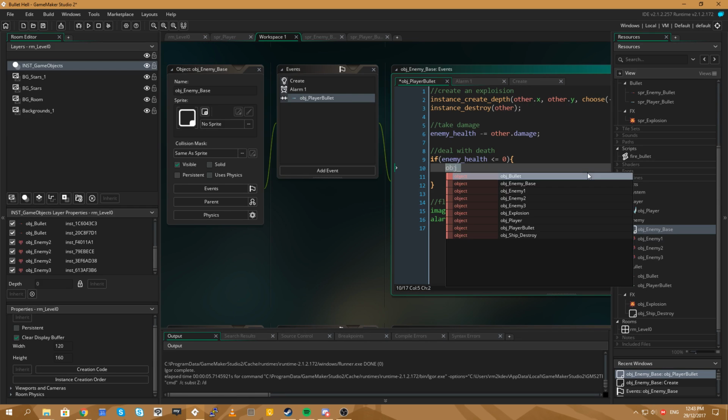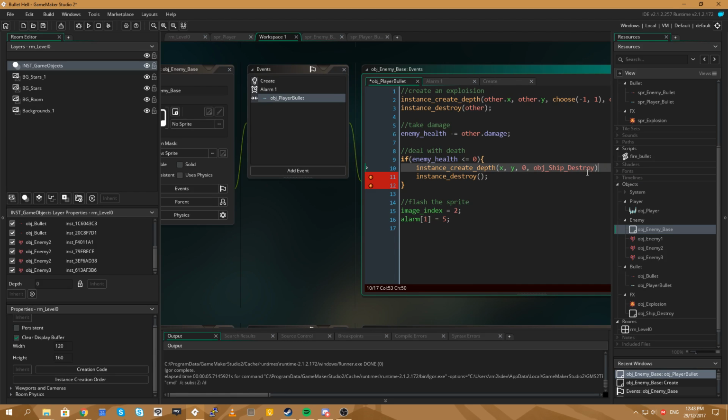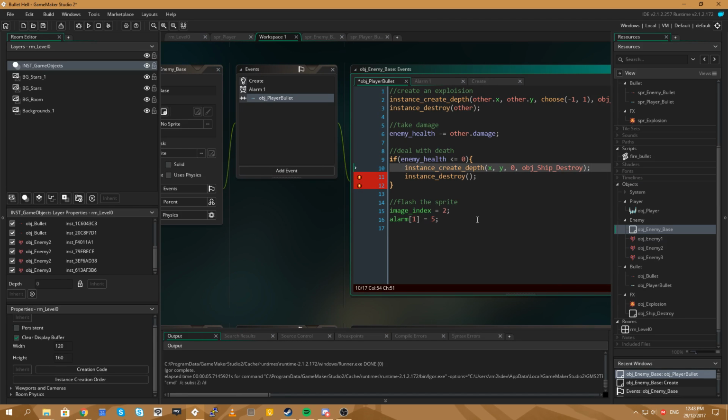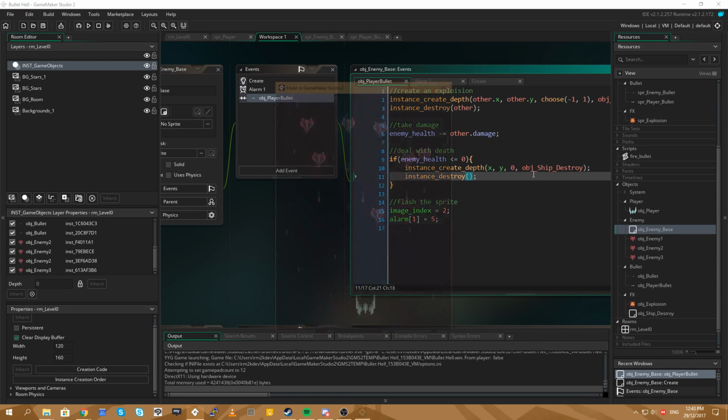No, sorry. We'll say instance create at depth. Hey, Death, let's make a deal. Instance create at depth. Position X and Y, and the depth is going to be 0 because the effect itself creates the explosion at plus or minus its own offset, so that's fine. And we'll create the OBJ ship destroy effect. And then we'll destroy the ship. So what should happen is if we hit them 5 times...